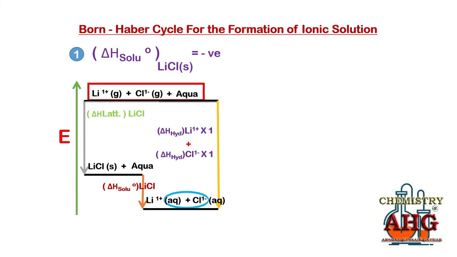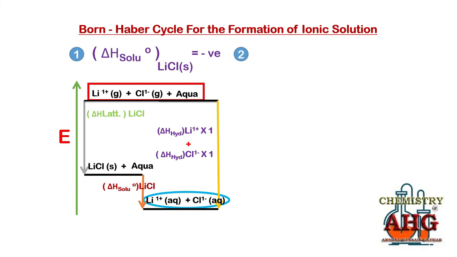So right now this is the final stage, because the heads of 2 arrows are pointed in this direction, and the remaining stage where there is one head and one tail is known as intermediate. So now you can see, for this Born-Haber cycle, which arrow has become the resultant arrow, the resultant vector? It is that of hydration enthalpy. So you can say, for the formation of an ionic solution, hydration enthalpy mathematically is equal to lattice enthalpy plus enthalpy change of solution.